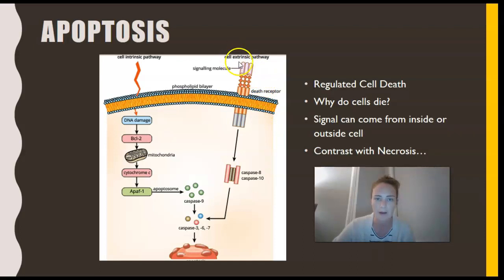The extrinsic pathway, a good example to use is one that we haven't actually covered yet, because it's more an example that is in the immune system, but we're coming up to that really quickly. So certain cells in the immune system, their job is to seek out cells that have been identified as being infected.